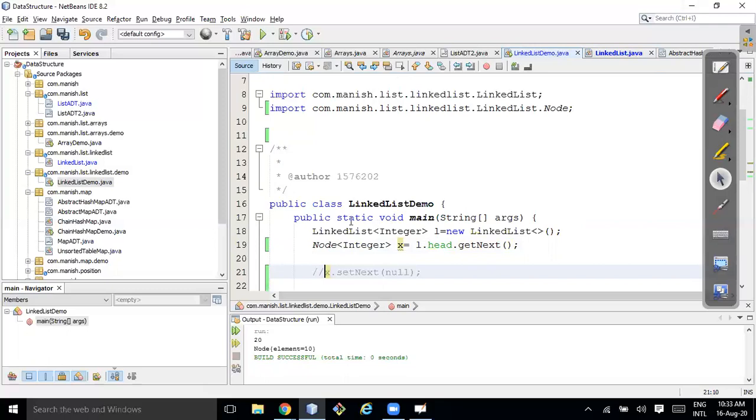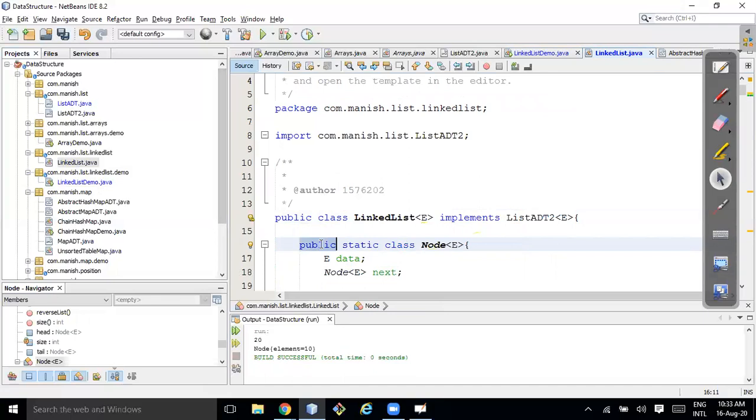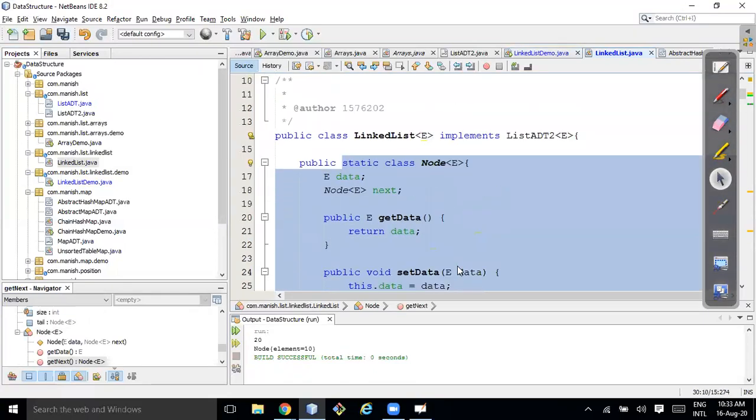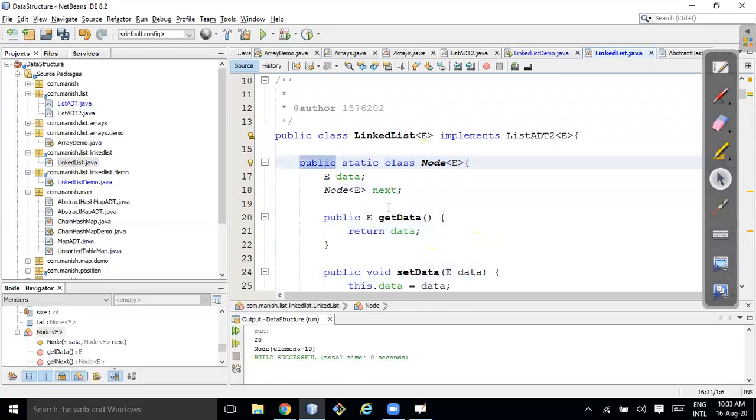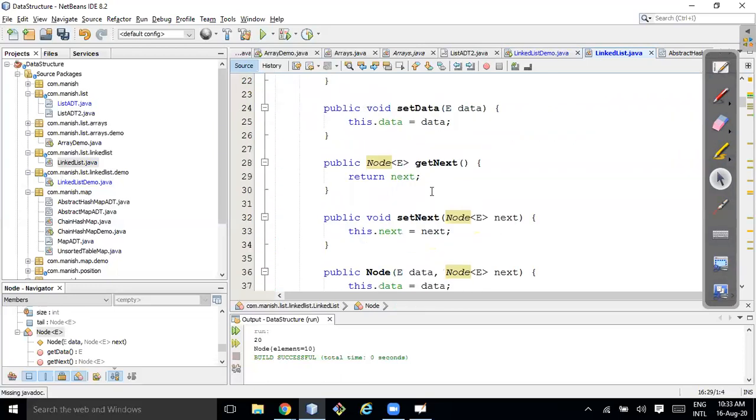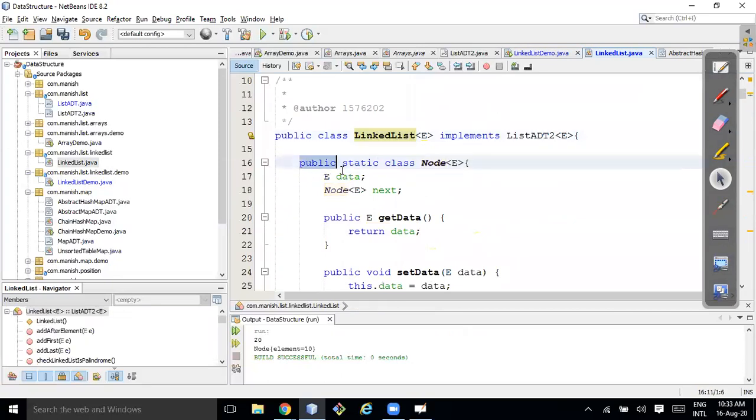If you are designing a data structure properly in your implementation, try to make it completely hidden and encapsulate it properly. Here I made it public, which means it's a wrong implementation. Although I am claiming I have designed it properly, with a static inner class, and we have access to this node class only inside this linked list class, I'm still able to access it. So this is a wrong implementation. So what is the benefit of using this node inside the class? You can declare it outside.